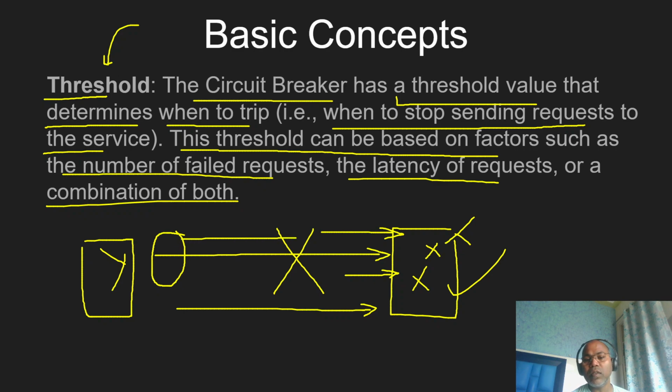Let's say you call one API and you get a very slow response. Next, even slower. Next, even slower. If three, four or five consecutive requests take more than the expected response time, then you can say this machine is not responding quickly. Maybe it has more data or some background process running. So whatever requests come from here, we have to stop. That is the decision taken by the system.